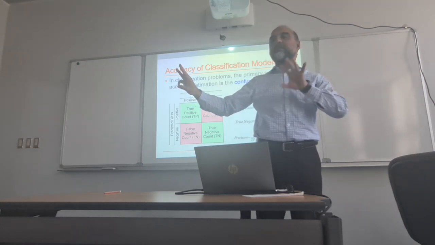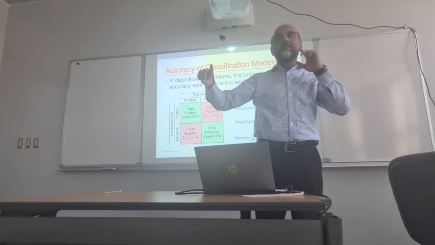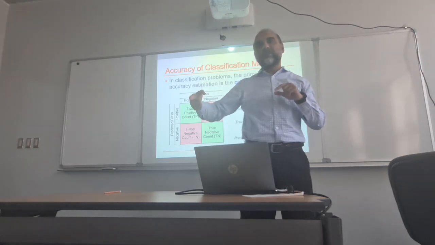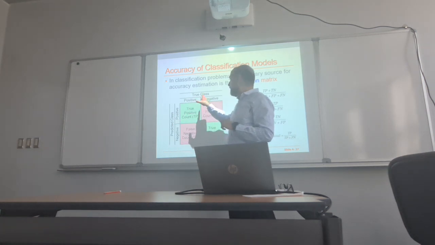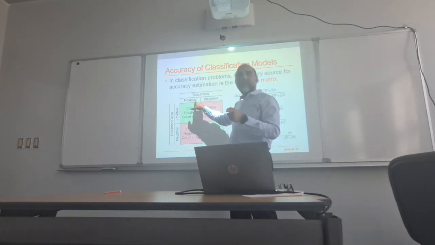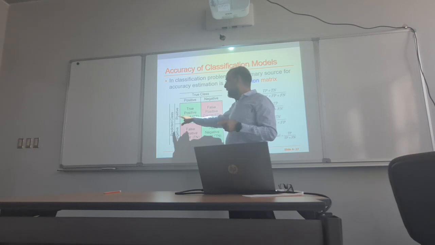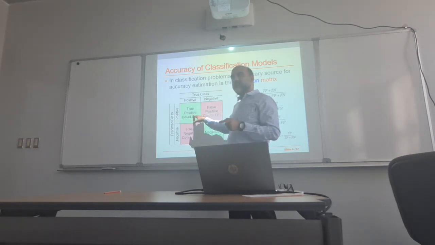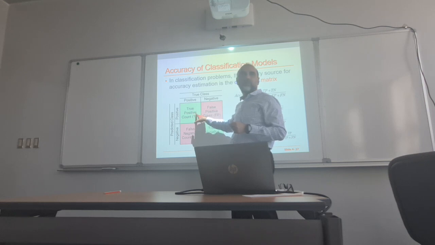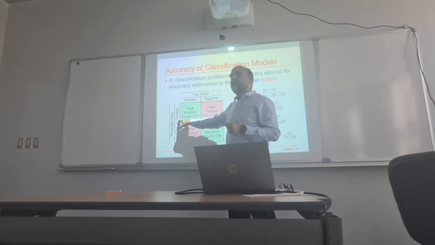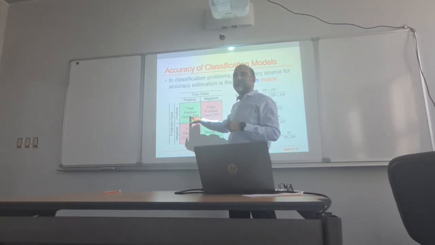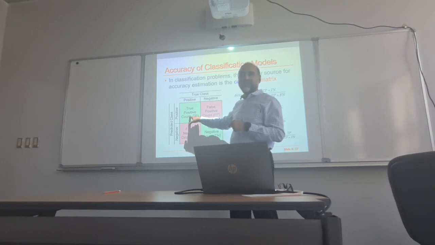If the model classifies you as a young adult and the answer was yes, for me, young adult, we call it positive. True class, young adult, yes. Predicted, young adult, yes. We call it what? True positive. Everybody understand what true positive is? The answer was supposed to be yes, you belong to young adult, and the model also said yes, you belong to young adult.